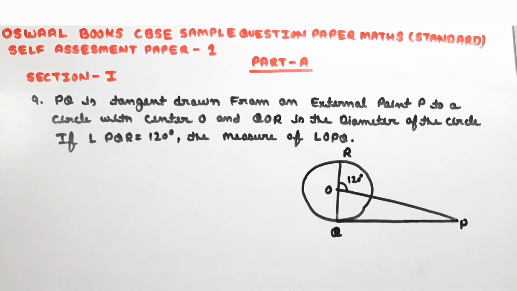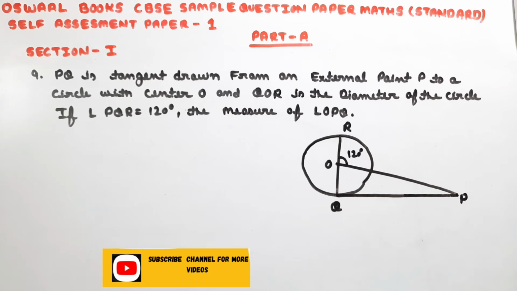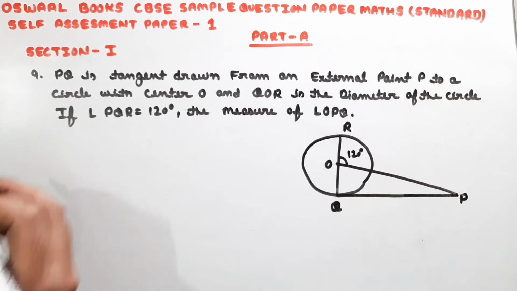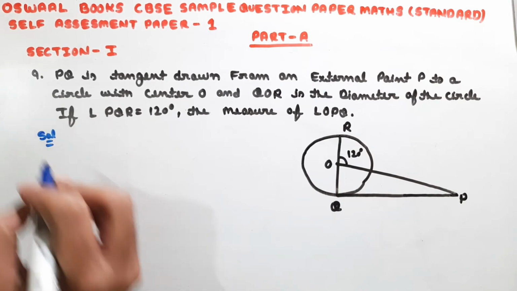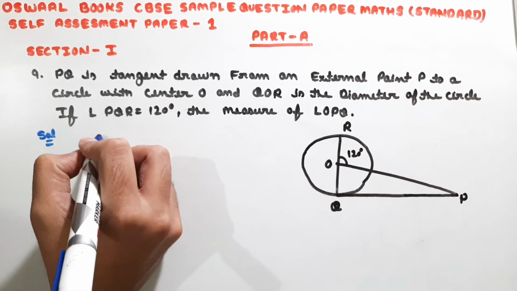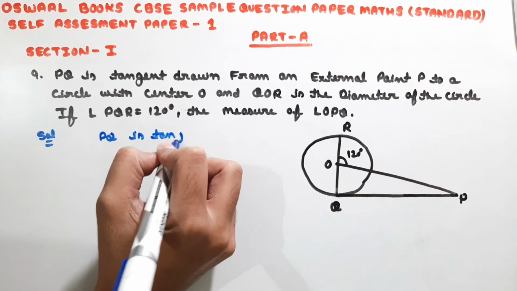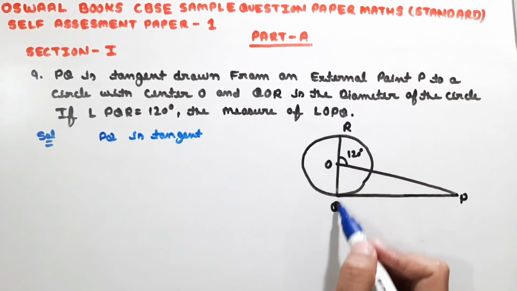Question number 9. PQ is tangent drawn from an external point P to a circle with center O, and QR is the diameter of the circle. If angle PQR equals 120 degrees, then measure the angle OPQ. In this problem, we have given a circle whose center is O. PQ is tangent and QR